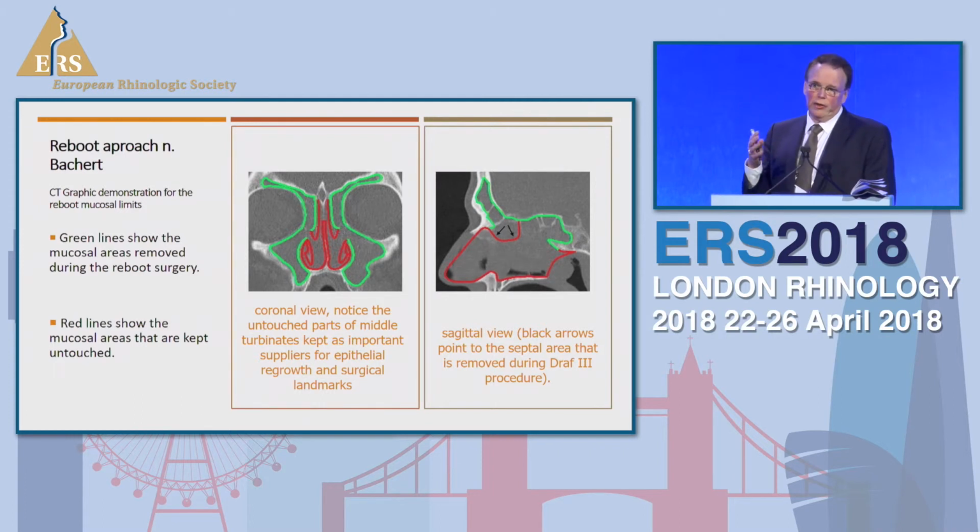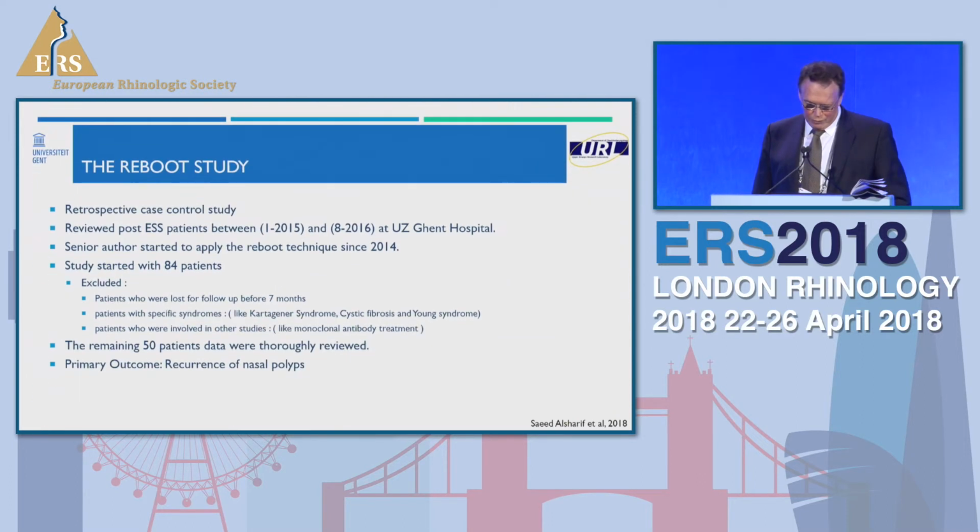I know that a lot of you have problems with that. We don't have any problems, and I will show you why. Because we leave the turbinates. We leave the turbinates. From here, the epithelium grows back over this region within 6 to 8 weeks. It doesn't take more, and it makes a wonderful difference.